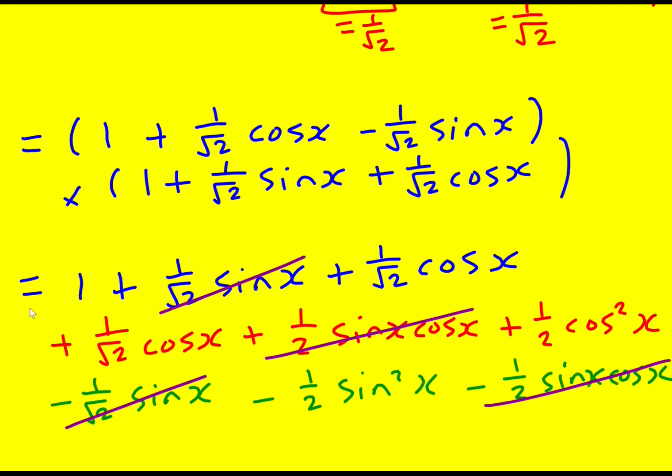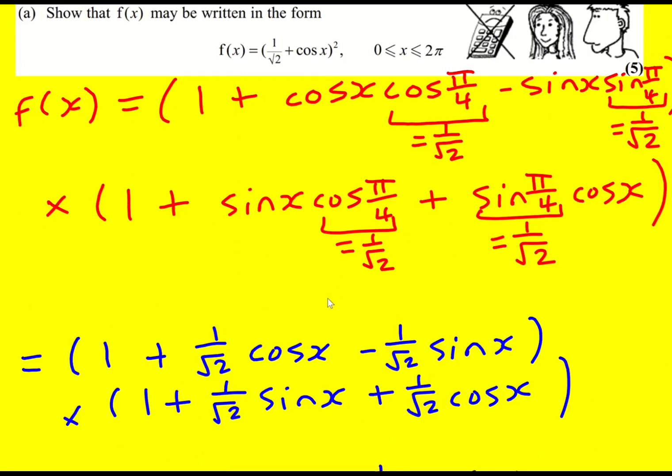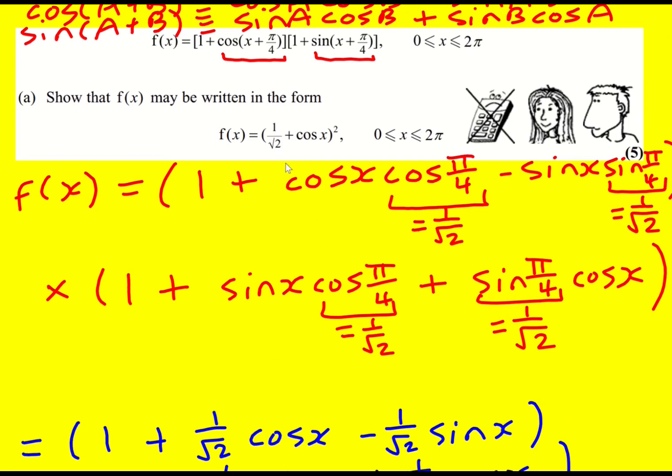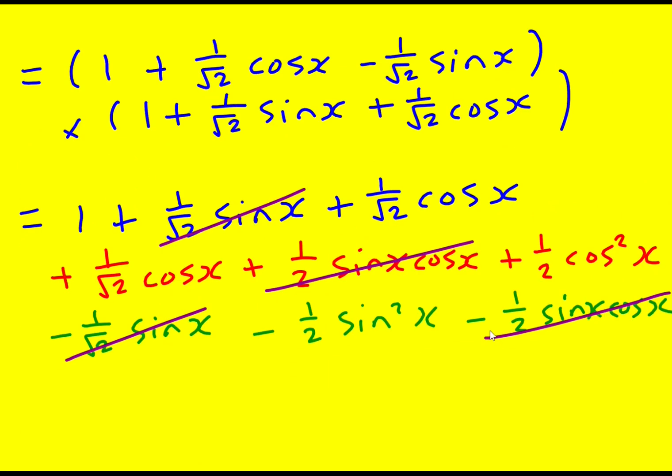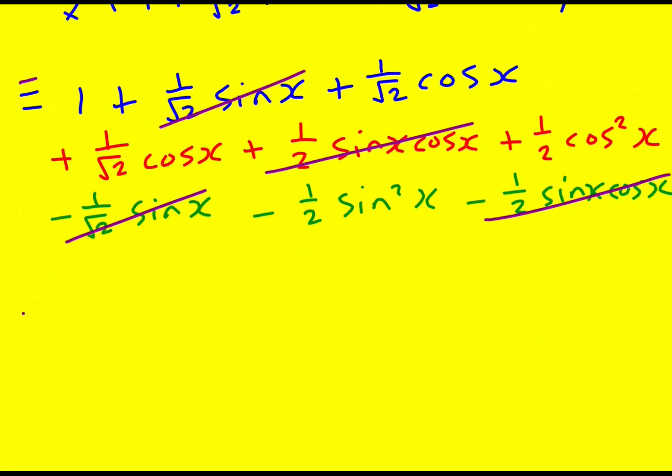That's looking pretty good. If we just have a little sneaky look at the answer now, we've got 1 over root 2 plus cos x all squared. So collecting these up will give 1 plus 2 lots of root 2 cos x plus a half